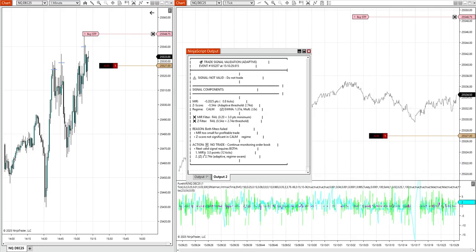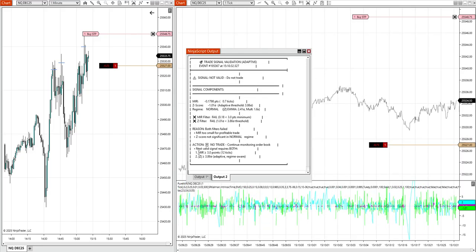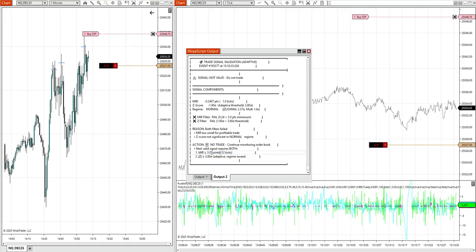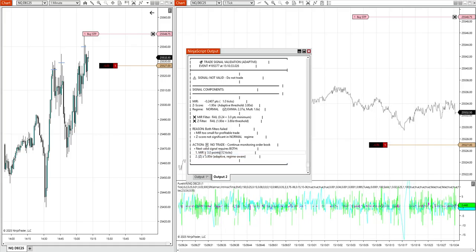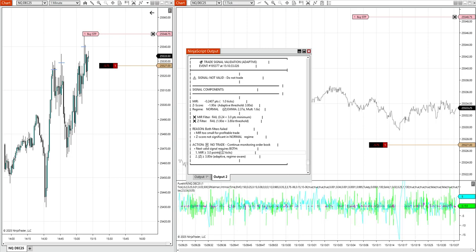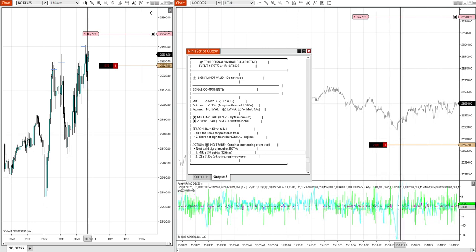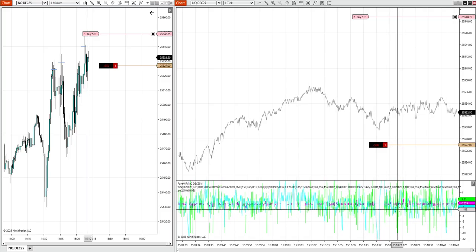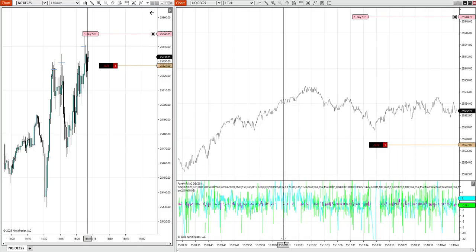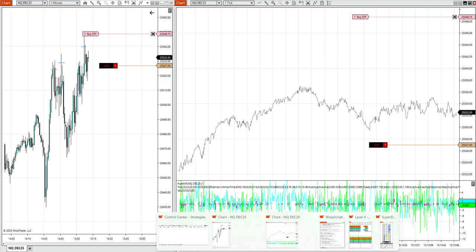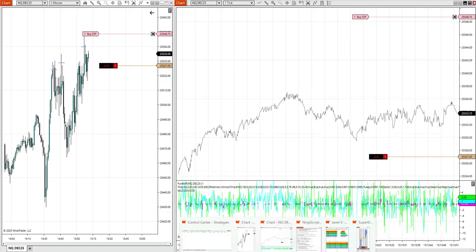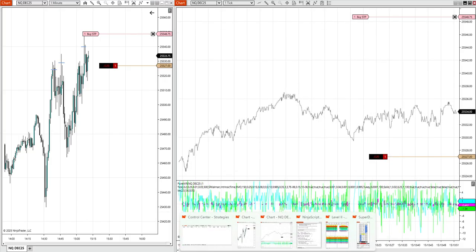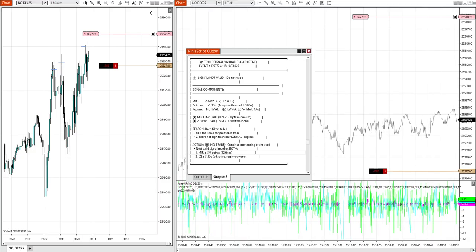And this is all adjustable as well. So I've increased the residual threshold to 3 points, but you can have it lower or higher if you want. If you have it higher, the pink line has to reach a wider threshold before it triggers a trade signal. I've just found that 3 is a